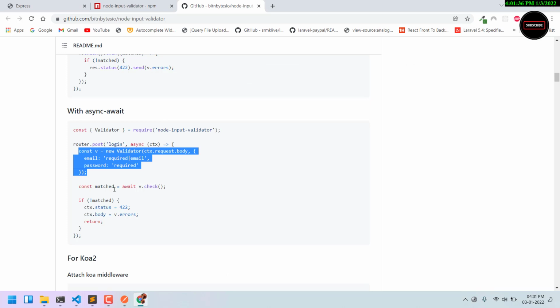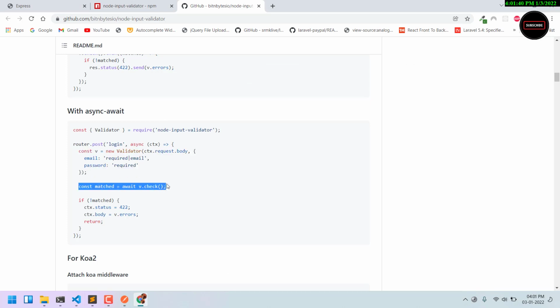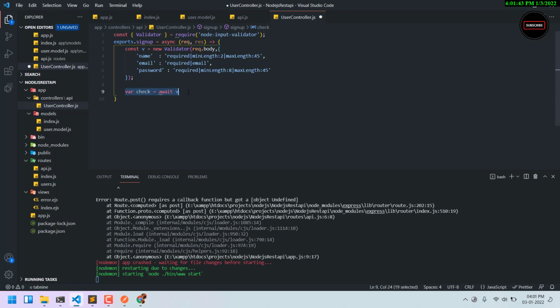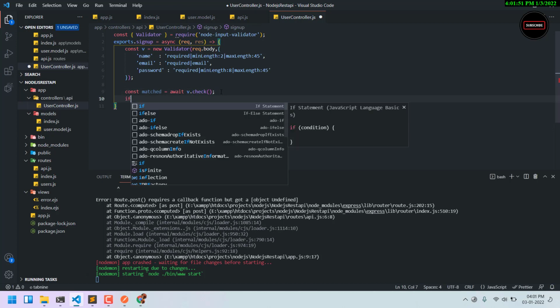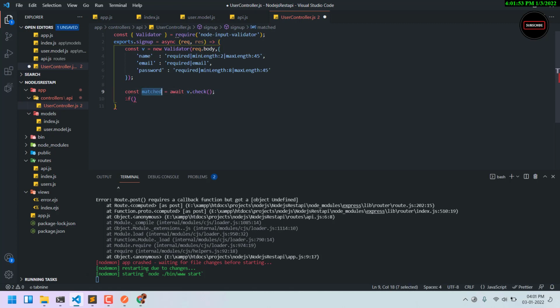Let's see what we need to check. So let's use this as it is, const matched equals to v dot check. So it will give us a result in true or false format. So let's see if matched means our validation is passed, then this, else we will send the user